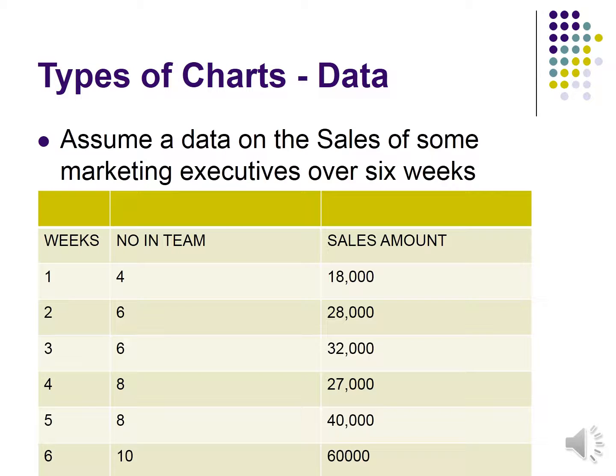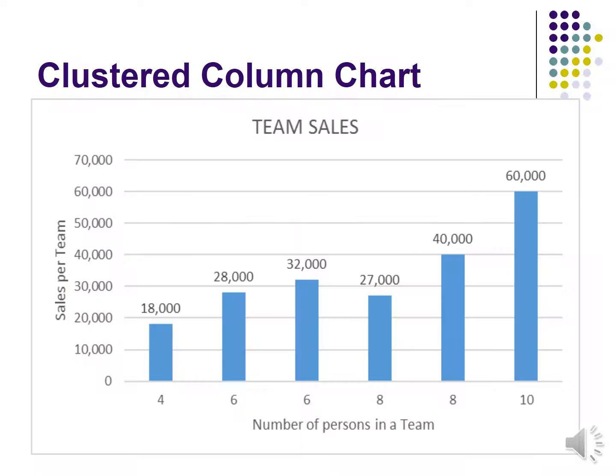Now we will use data of some sales marketing executives over 6 weeks to explain the concept of charts. The number in each team varies from 4 to 10 over the 6 weeks period, and the sales generated varies from 18,000 to 60,000 over the 6 week period. So